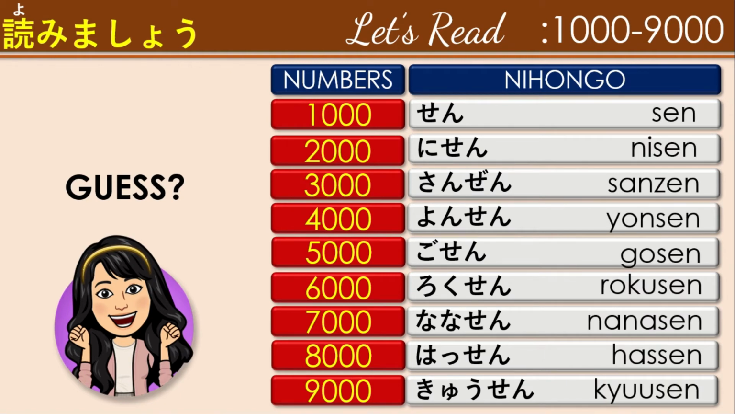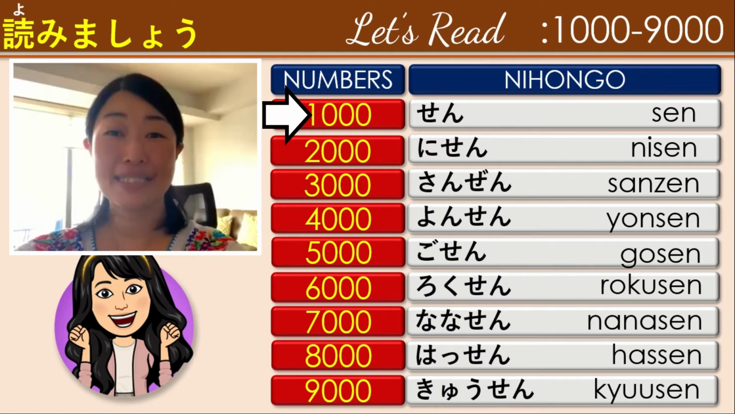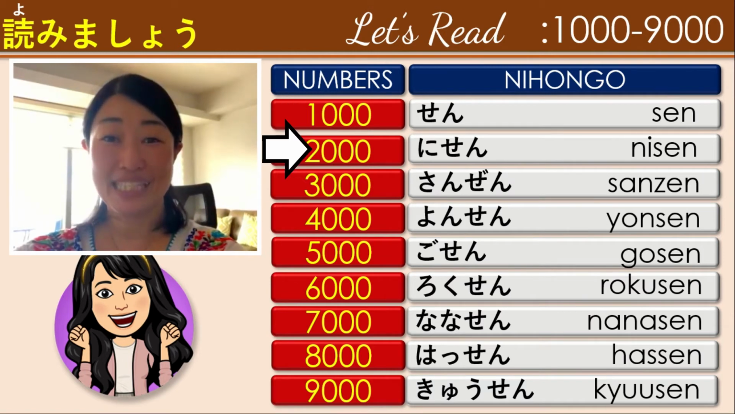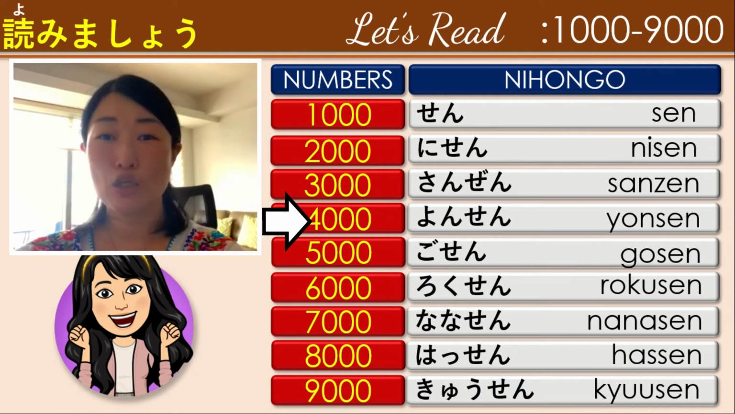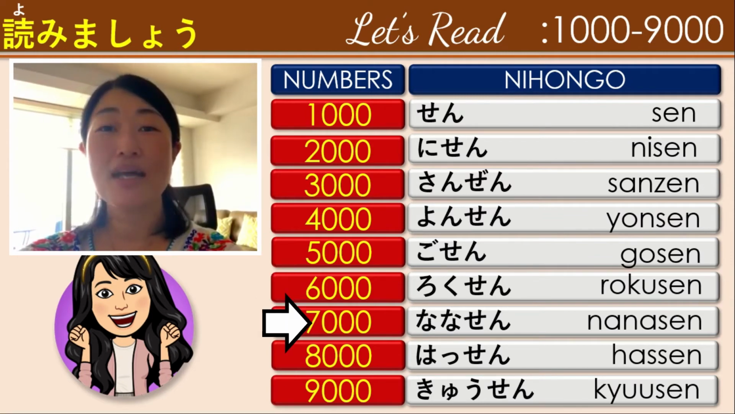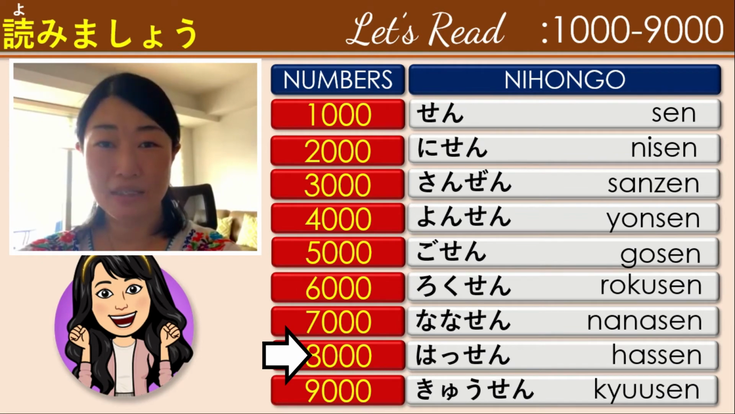Let's ask some help from our special guest on how native Japanese pronounce numbers from 1,000 to 9,000. 皆さん、聞いてください。 1000、2000、3000、4000、5000、6000、7000、8000、9000。